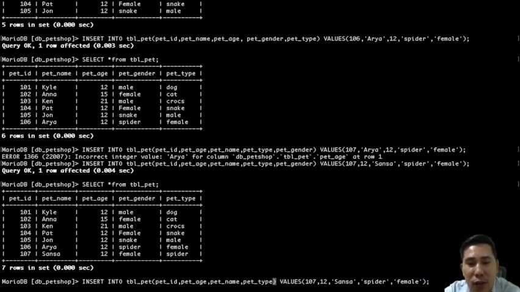For some reason, there are instances where you don't decide yet on the name. So let's say at first you only knew the gender and then the type. So you only knew the gender and the type, so you don't want to set the name and then the age first. This time, you will just need to follow that